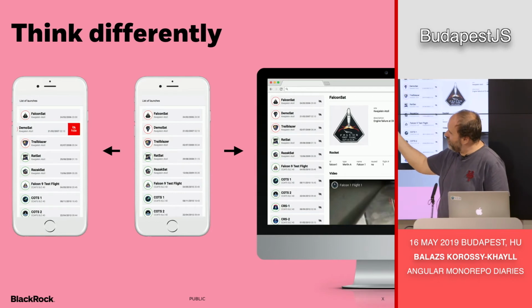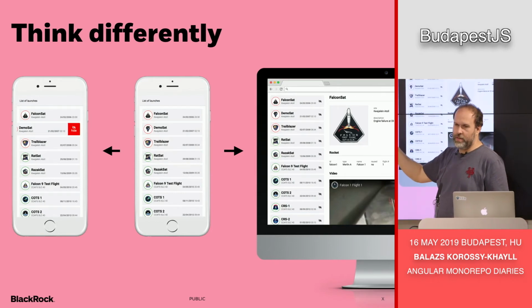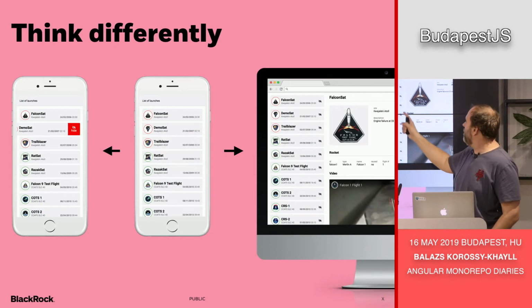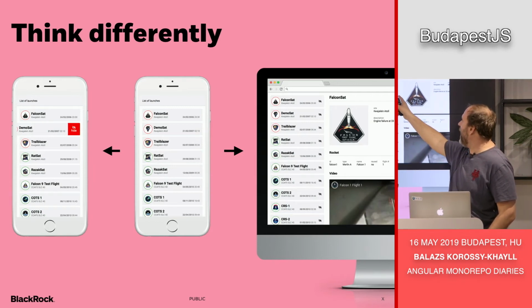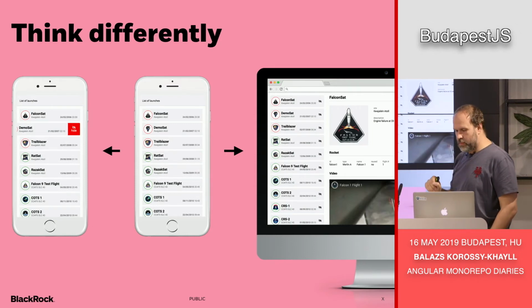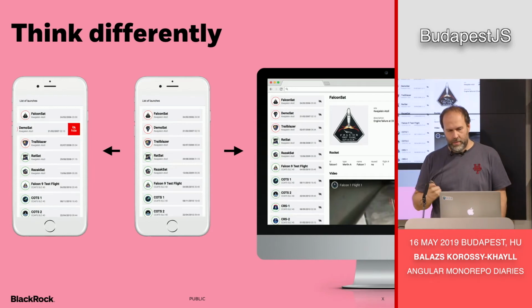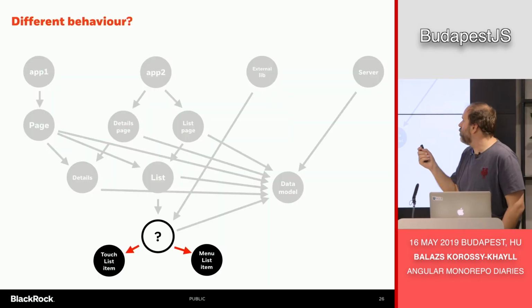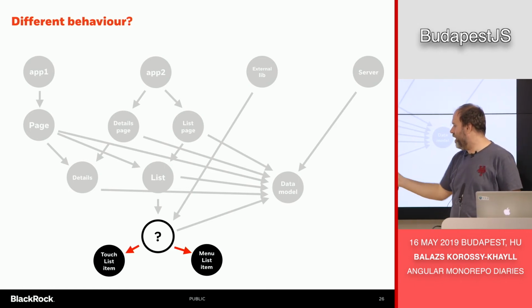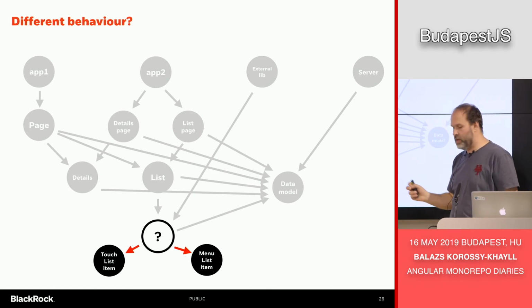On the phone, you need to swipe these cards, because that's what you're used to. And on the desktop, we will have the quick action as a button on these cards. So yes, that means that from this component, you have to have two versions.